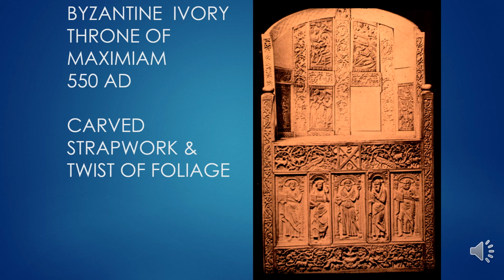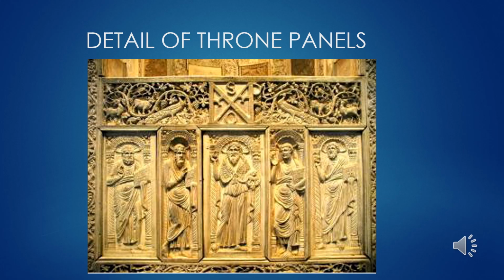This is the bishop's throne or cathedra for Maximum, the Archbishop of Ravenna. And it shows ivory plaques carved with a whole bunch of intricate detail. Every square inch is very intricately carved with birds and animals and biblical scenes. But those front panels are showing John the Baptist in the center with the four evangelists on either side of him. And again, this is the cathedra, or that ceremonial chair for Maximum. Note the peacocks on the carving as another symbol that we see used in many, many cultures.